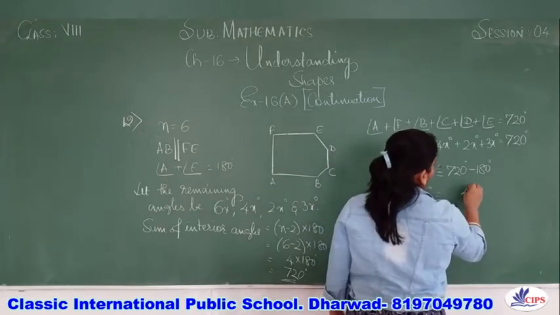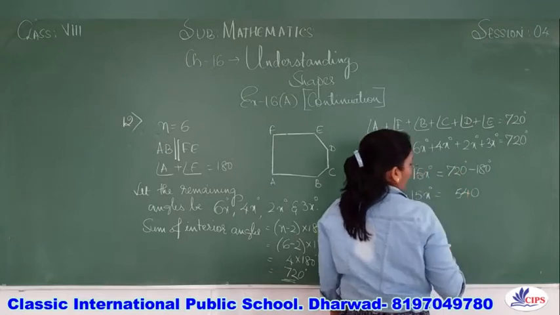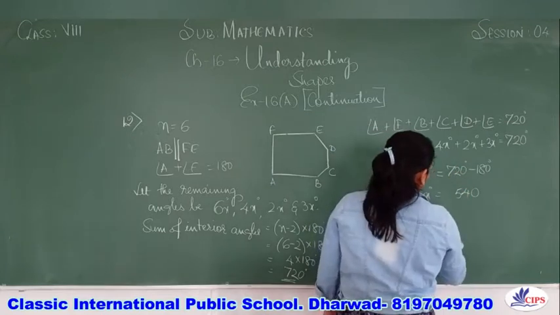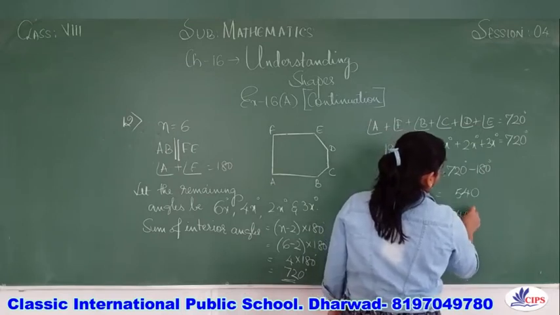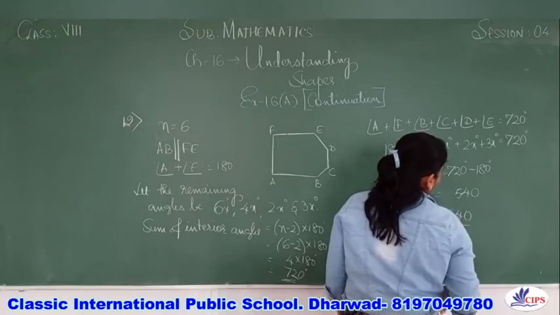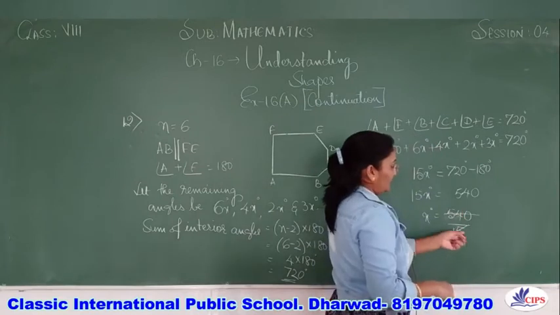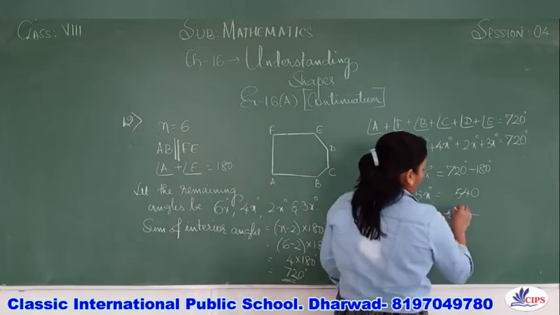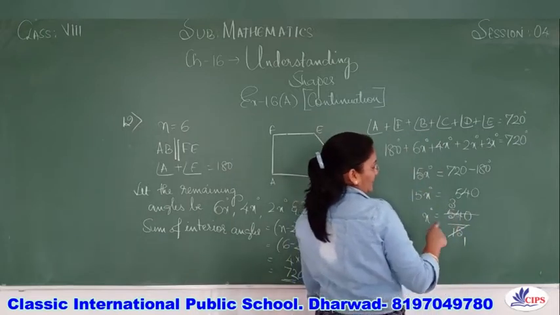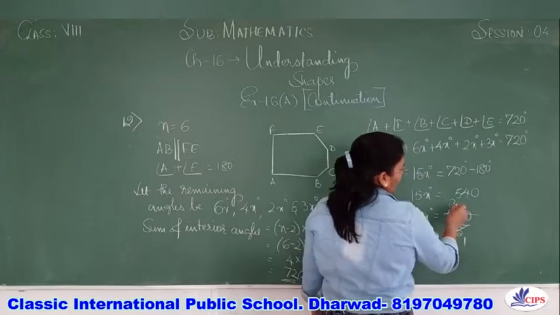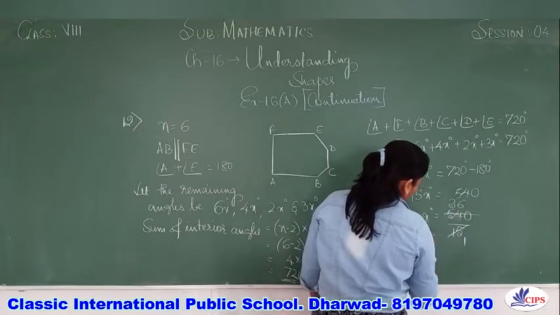0, 12 minus 8 is 4, and as we have borrowed it will be 6, 6 minus 1 is 5. So we get 540. So here x degree is equal to 540 divided by 15. So we can simplify this with 15 4s will be 60, which is more than that. 15 3s is 45. So 54 minus 45 is 9. So 9 when I borrow here it becomes 90. 15 6s is 90. Therefore our x value is 36 degree.